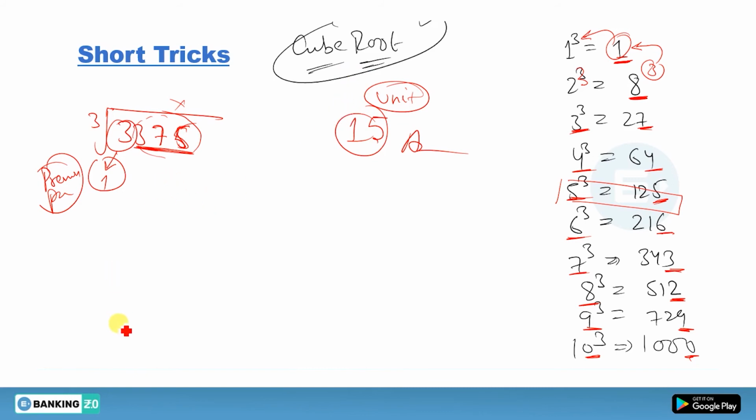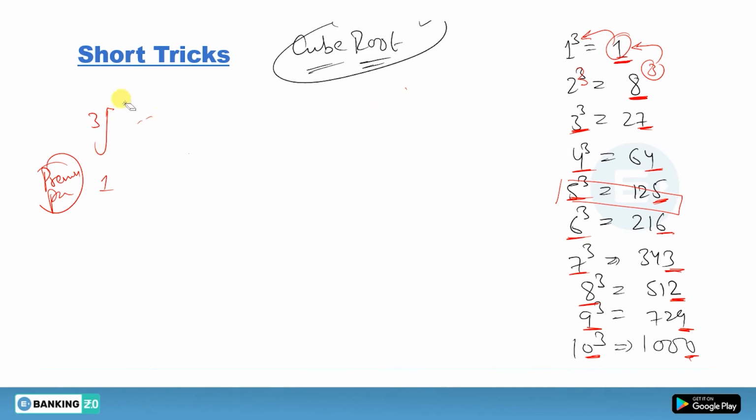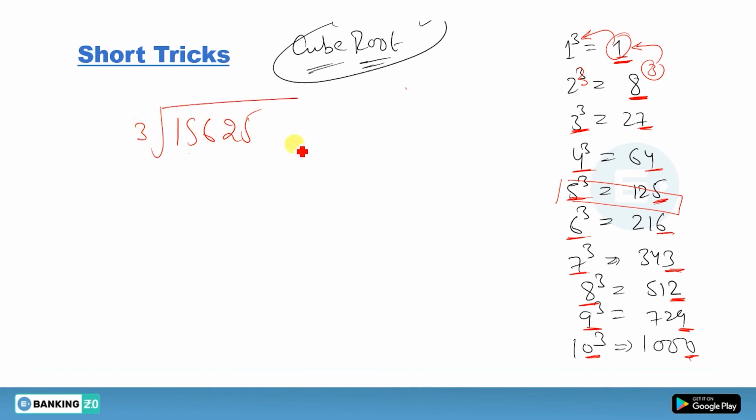Okay. Now see here. If you calculated this, now we'll calculate another one. Suppose you want to calculate the cube root of 15625. What will be the cube root of this? So we'll say, just starting from the right hand side, remove these three digits. Now you have 5 at unit place, you will get 5 at unit place. Now you have this 15.